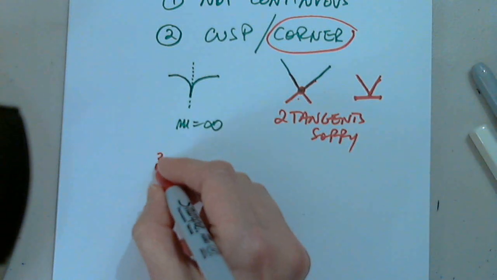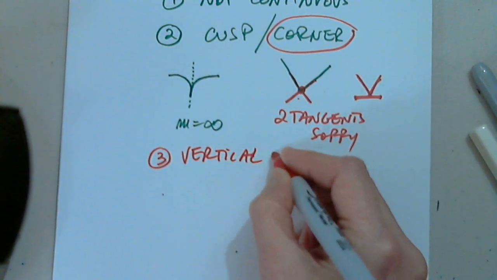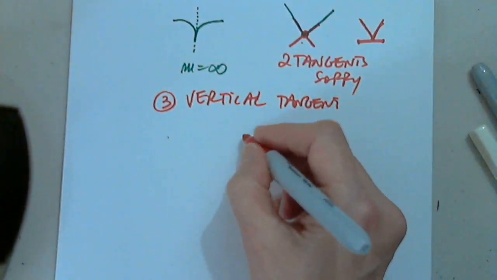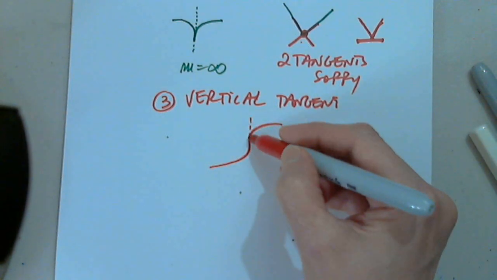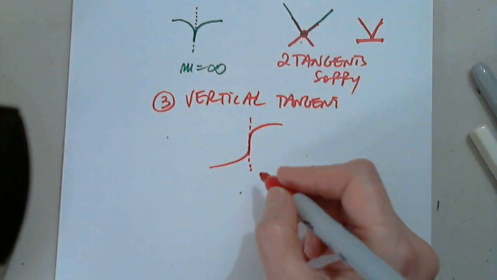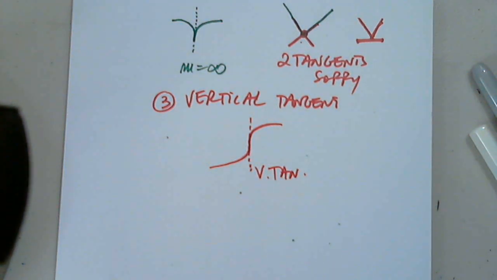Okay? So another one is what I just said, vertical tangent. In a different way, so something like this. See, at this point, the function has a vertical tangent. Okay, vertical tangent right here. So let me just say,